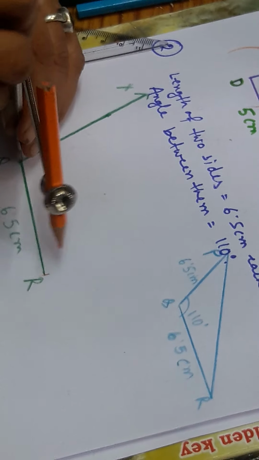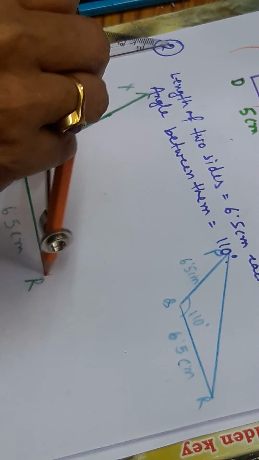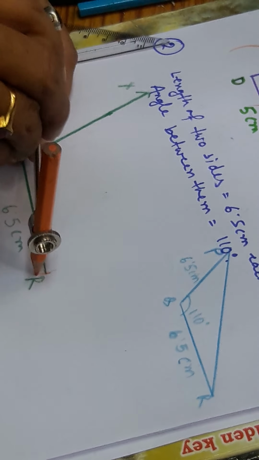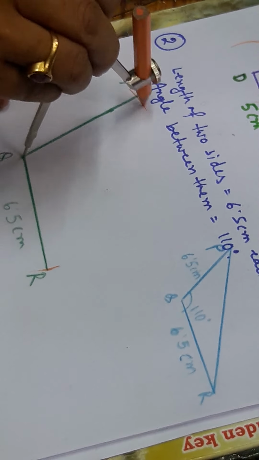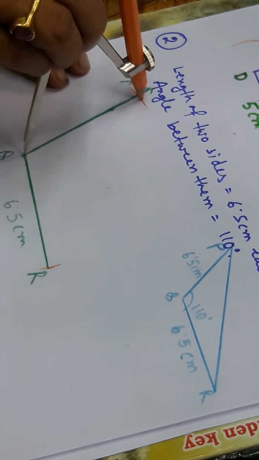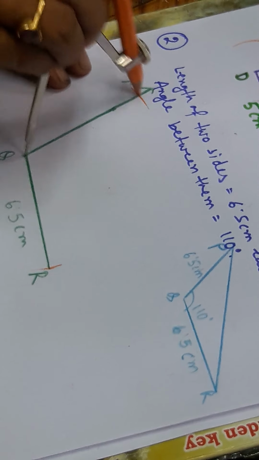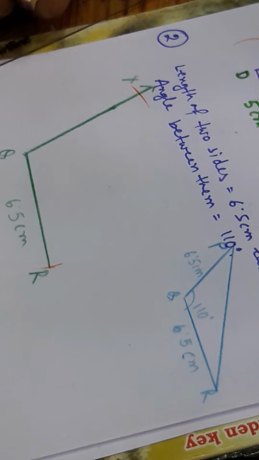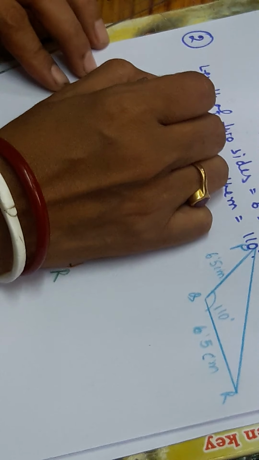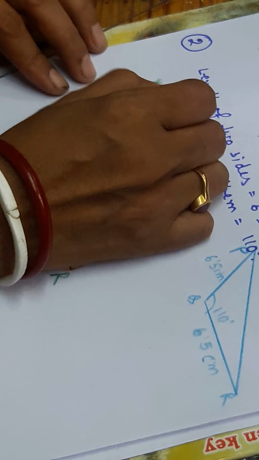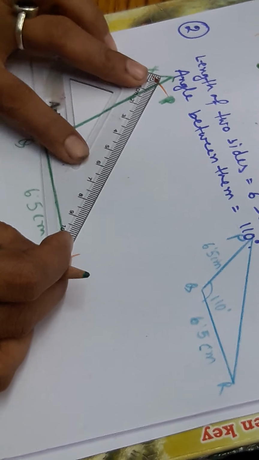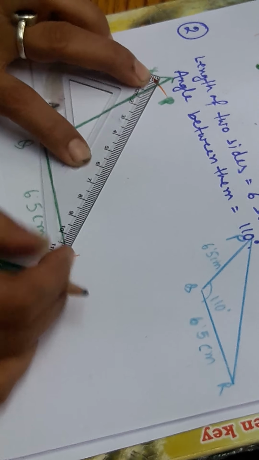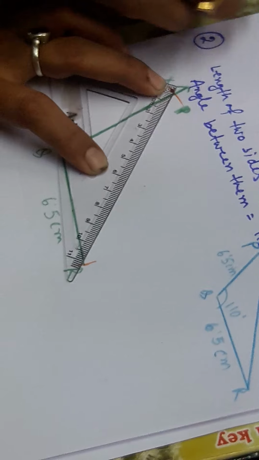So let me measure that QR. Yes, it is QR I am getting, and the equal length I will cut out from that QX. Yes, that is the point I have got. That point where I have cut it will be P. Now I will join this P and R. Let me join them.